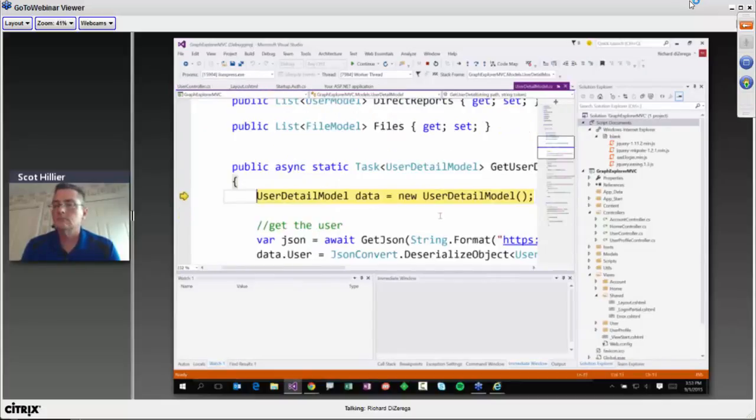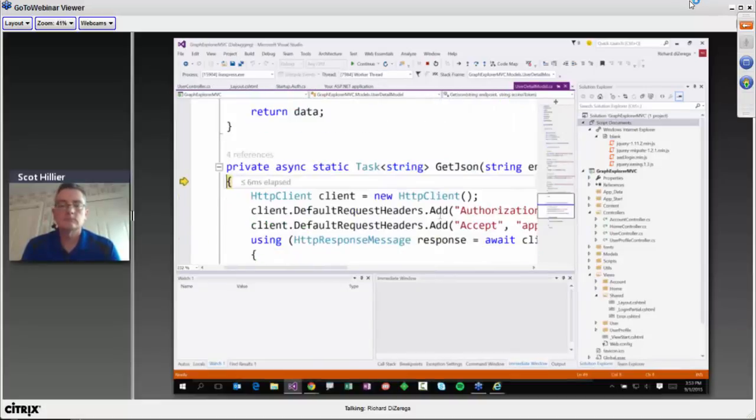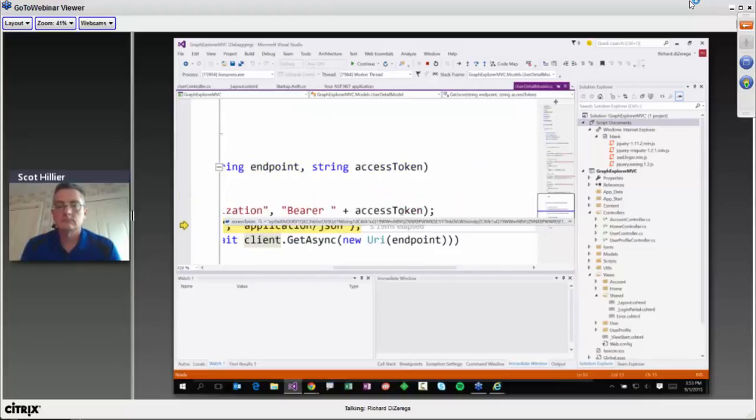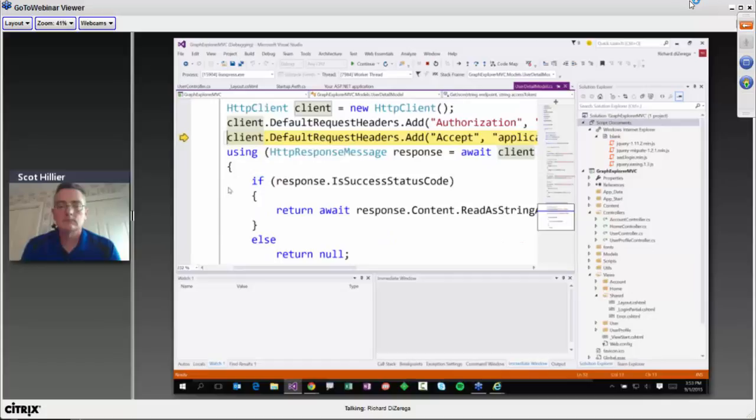So here's our call to get JSON data, and if I step into it, what you'll see is we're going to pass that access token in the header. So here's that access token, and because of that, we should be able to be granted access to the data we need.